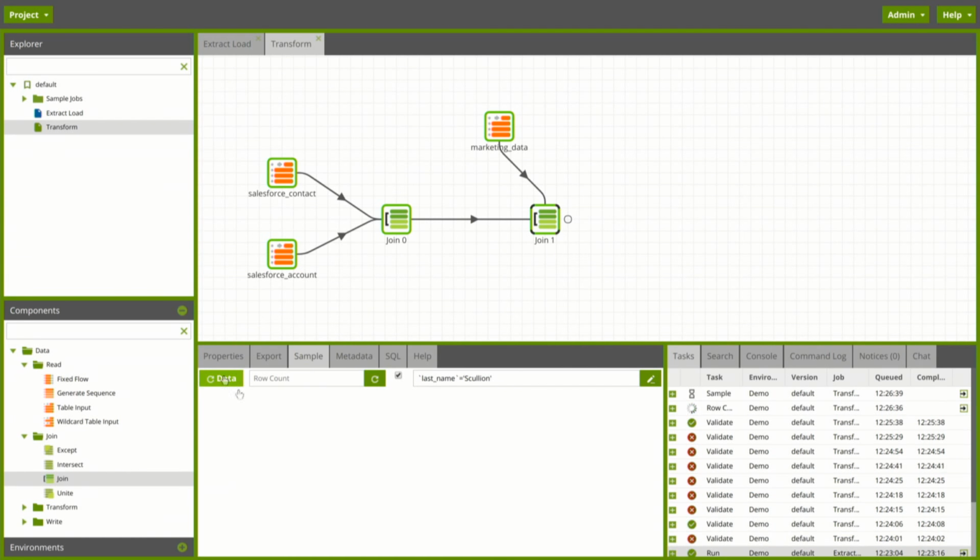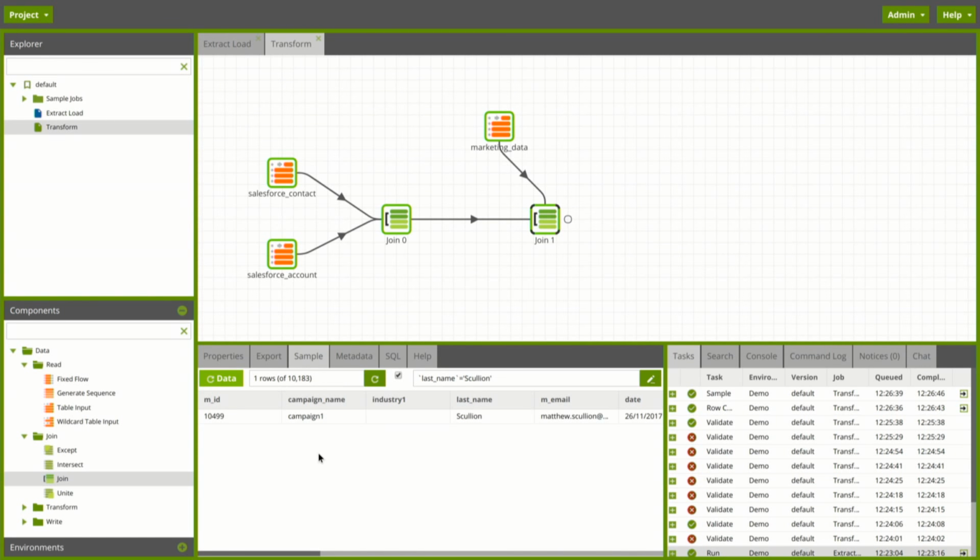And then I can get a preview of the data and the row count without actually running any queries or creating any physical tables. So we've got 10,000 rows coming in there, and we found the one row we were looking for, which tells us the right amount of data is there and all the joins must be working for us to get this far. Okay, just a little bit more.